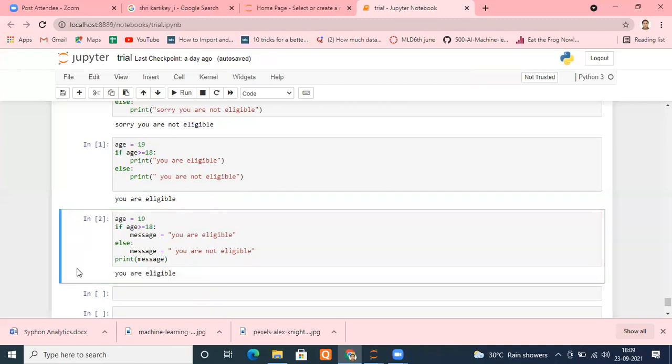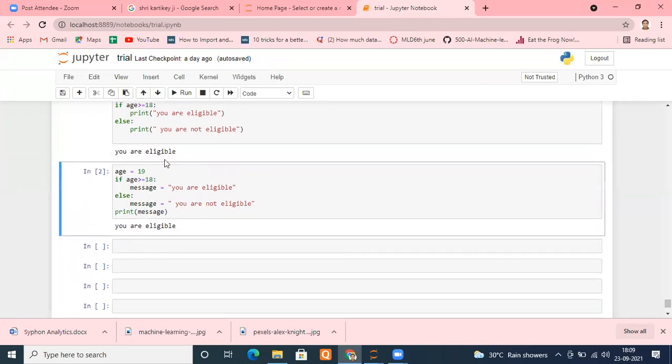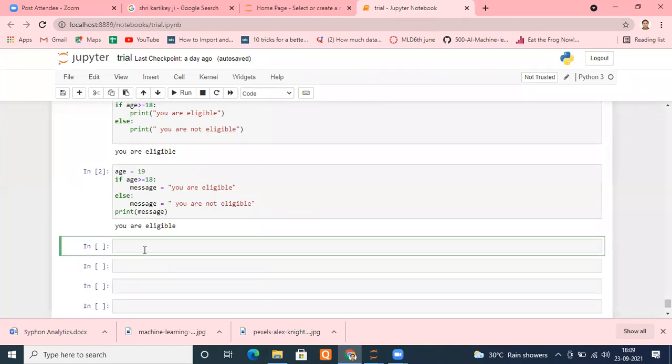One better way of writing this cell is that I can further simplify it and write it like plain English. I'm writing an if else condition only, but you will read it as simple English.